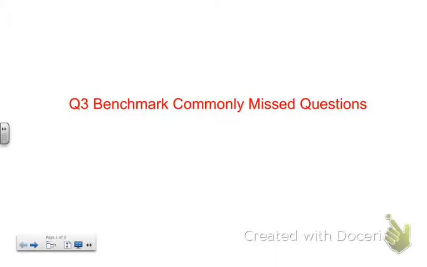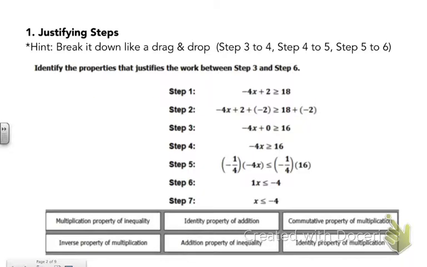These were the most commonly missed questions on the third quarter benchmark. Alright, this was the most missed question, justifying steps in an inequality. So remember, this is no different than if it were an equation. The only difference is that some of them are going to say property of inequality instead of